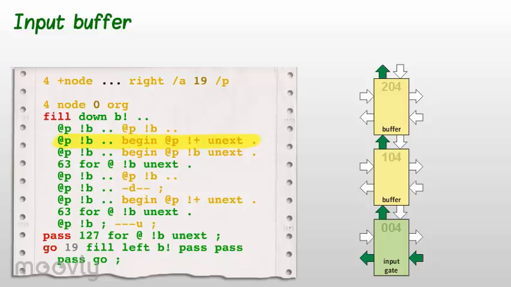However, for the time being, the node just expects this first word to be written to the port. Next word sent to node 104 is begin fetch p store b micronext dot. This makes again a wire node out of node 104, this time transferring 64 words to node 204. At this moment, both 104 and 204 are ready to receive 64 words and store them in RAM of node